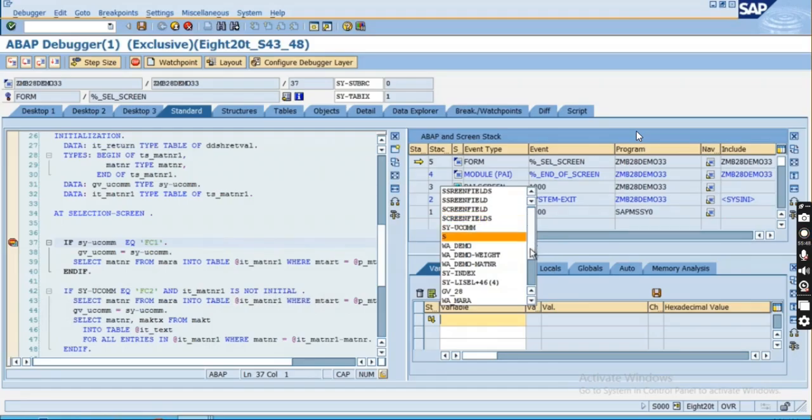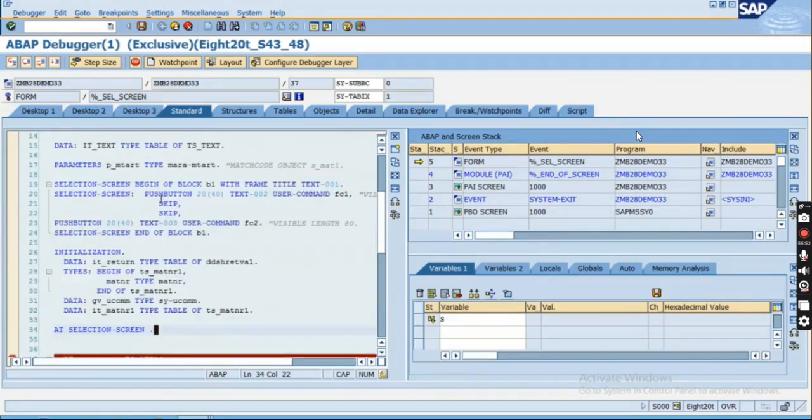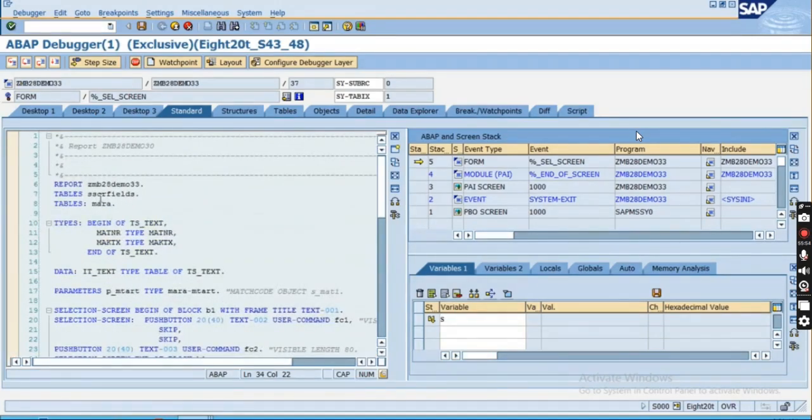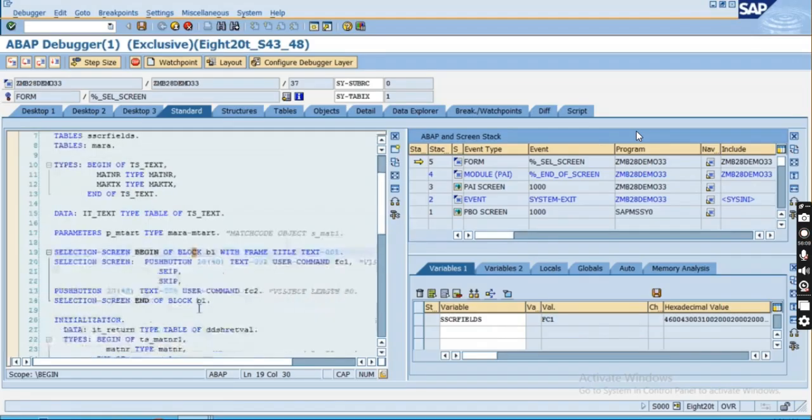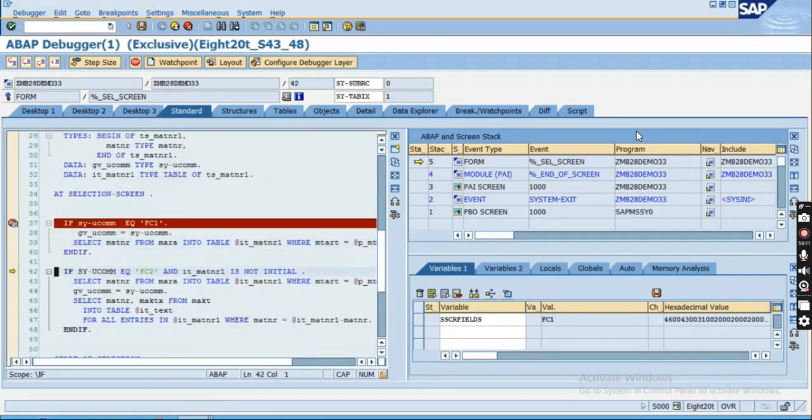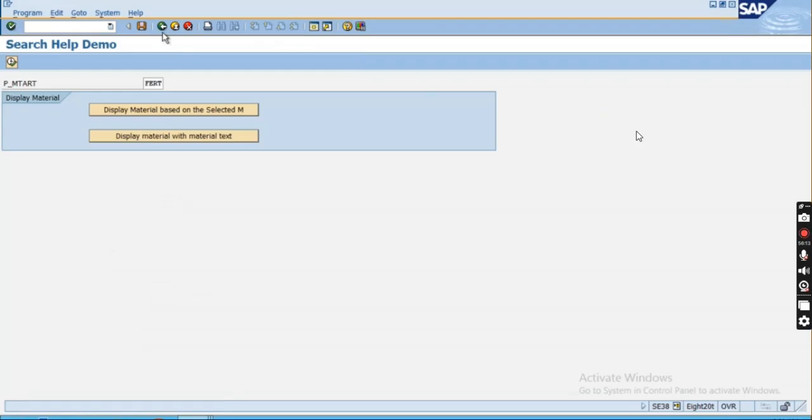What is the correct screen field? It is SSCRFIELDS. Okay, so you can see that FC1 is there. So whenever FC1 is there, it will come out. So what I will do, because we know that when we are going to pass